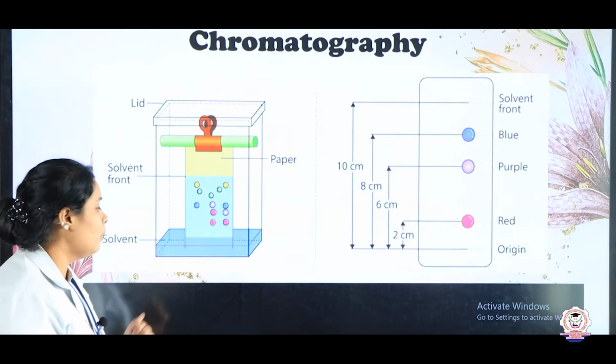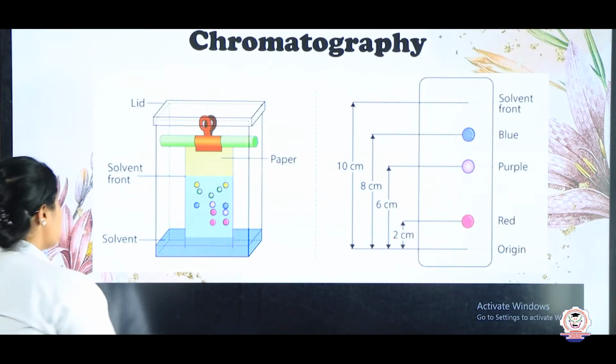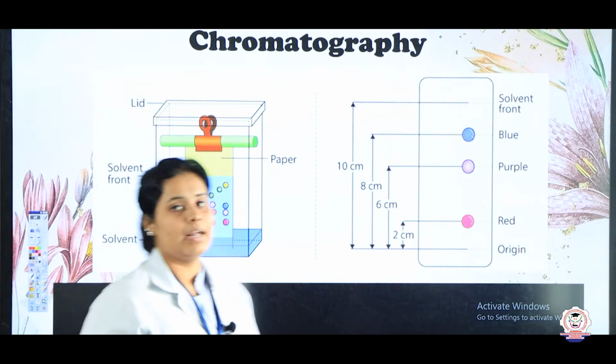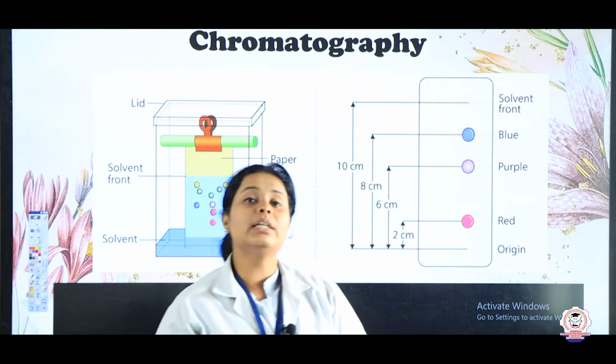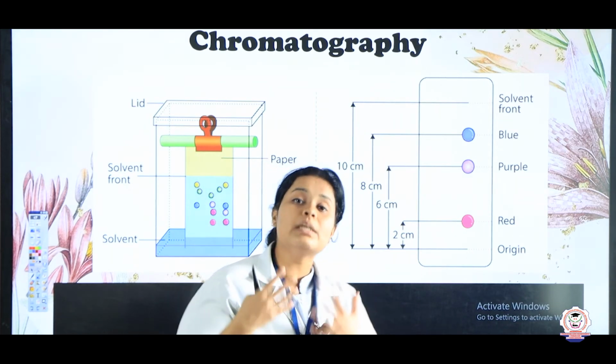Now let's see what chromatography is. So children, according to this diagram, in chromatography there is separation of the substances.